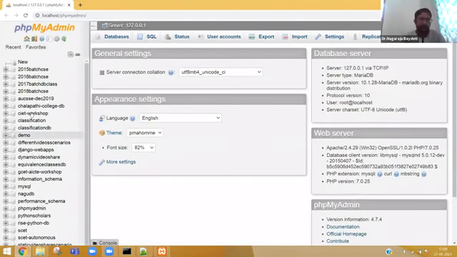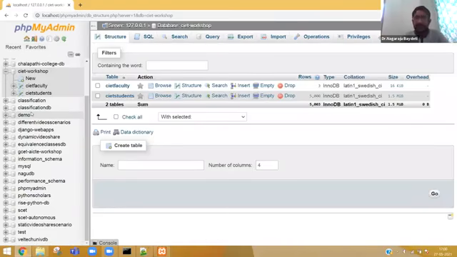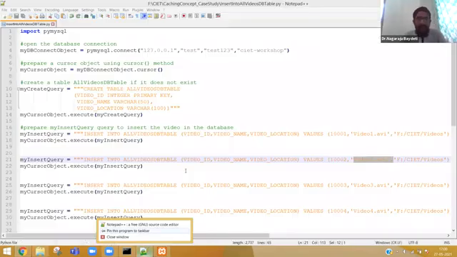Let us go to the CIET workshop. Clearly you will see that there are only 2 tables, which we used yesterday and the day before yesterday. There is no video table. Now, if you execute this particular Python file, a table will be created with the metadata information of all the 12 videos.